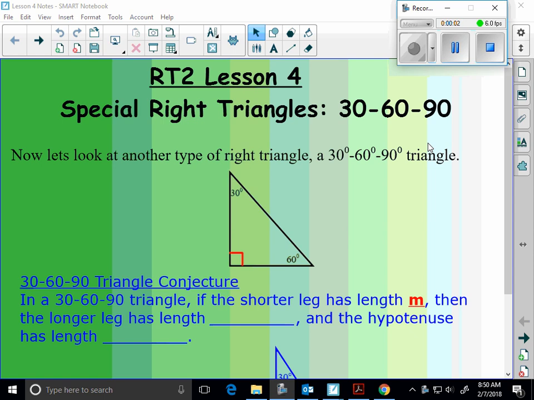Okay, here we are, lesson 4 on special right triangles. This is the other special right triangle, called the 30, 60, 90. I want to introduce you guys to some pretty cool and predictable